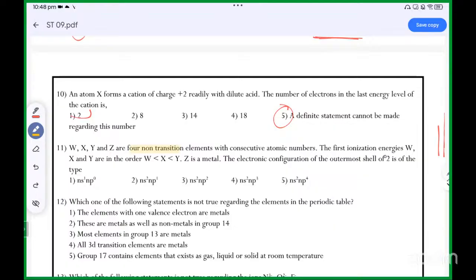The first ionization energies, that is also something important. For W, X, Y, it is gradually increasing. So those three are gradually increasing, right? W is the lowest, then next, then Y. Z is a metal. That is a point. Z is a metal, right? So this is an important point. The electronic configuration of the outermost shell of Z is of the type,